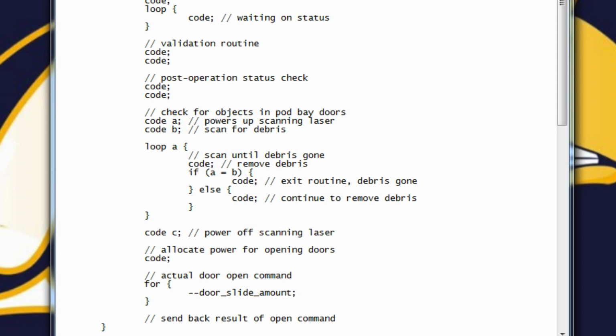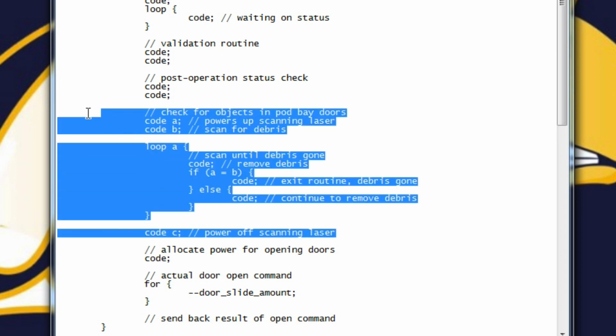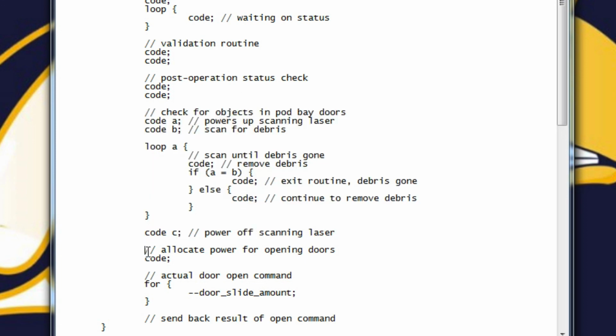So you can look at this chunk of code and tell that this is all related to checking for objects in the pod bay doors. It's not about allocating power for opening the doors. It's not about checking the operational status. It's all about checking for objects, because where the next major block comment is here, we've got two things that go together, the powering up and scanning for debris,